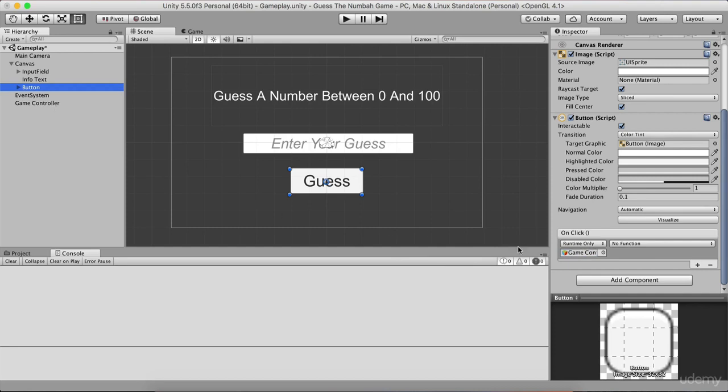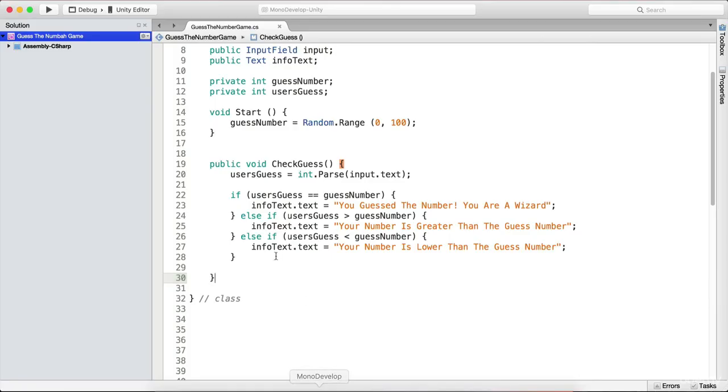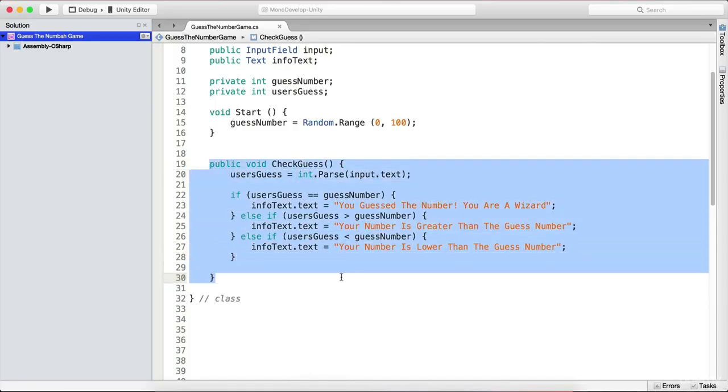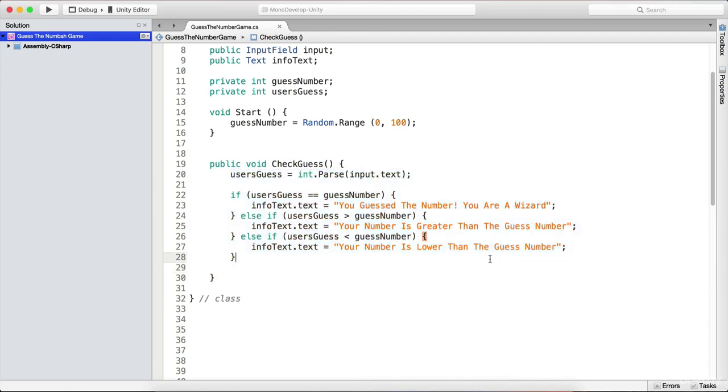Right, left click on it, drag it and release it here. And here on this drop down list where it says no function, you're going to click on that. And now we are going to select this guess the number game, which is the name of our script. And we're going to select check guess right here from the list. Check guess is this function right here, which has this code, meaning that when we press our button now, this